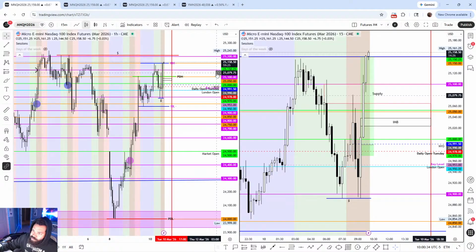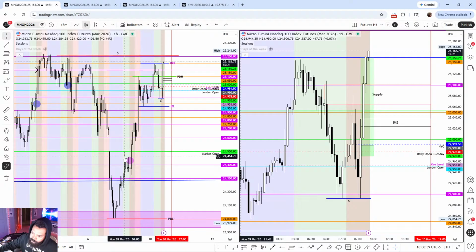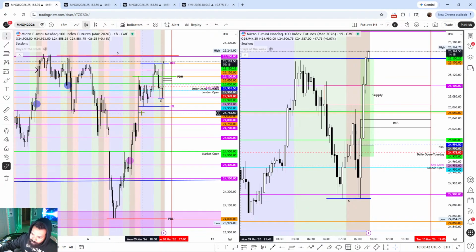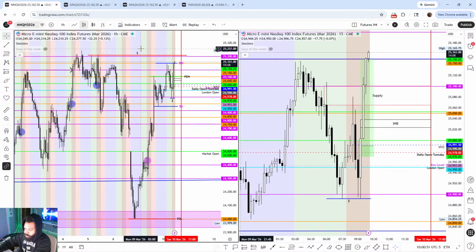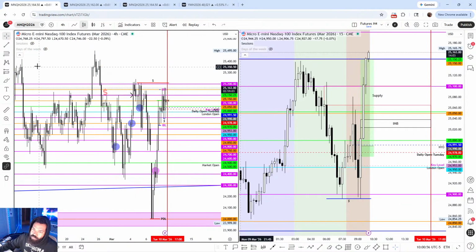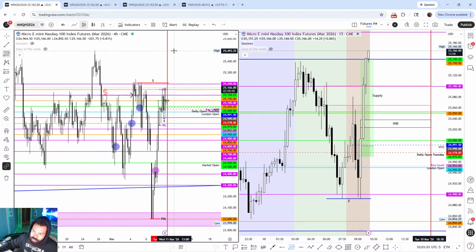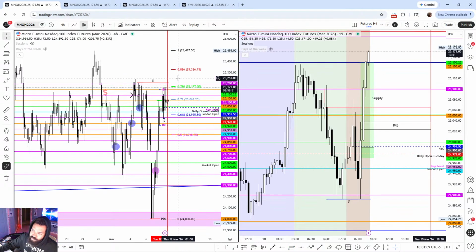Now on the swing trades, I did say I'd go over the swing trades. If you have any buys from the previous day and you're holding, a lot of us like to trail our risk to the current low of the day and then we closed higher. So maybe you're sitting with a lot of risk at IB low. I would go into the 4 hour and have an understanding of how much farther we can go to that high that was created, that was manipulation FU right there. And so from that high to the current low, we still have quite a bit to reach into the 78.6 to 88.6.